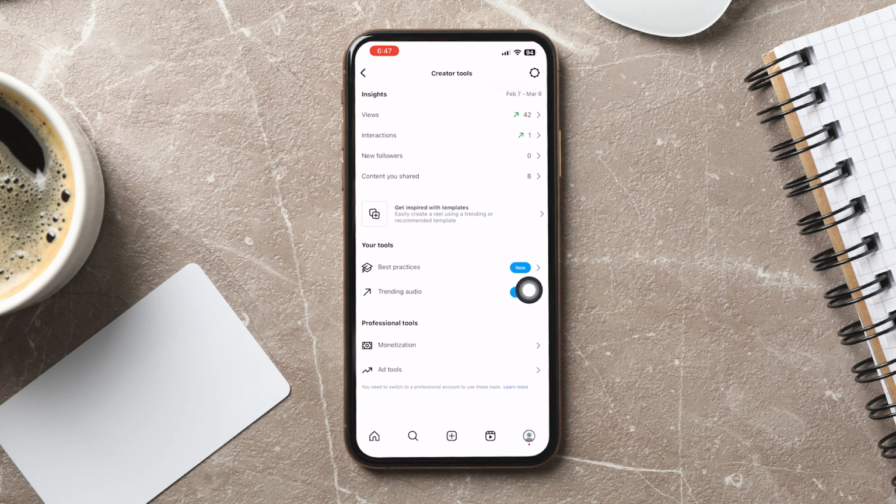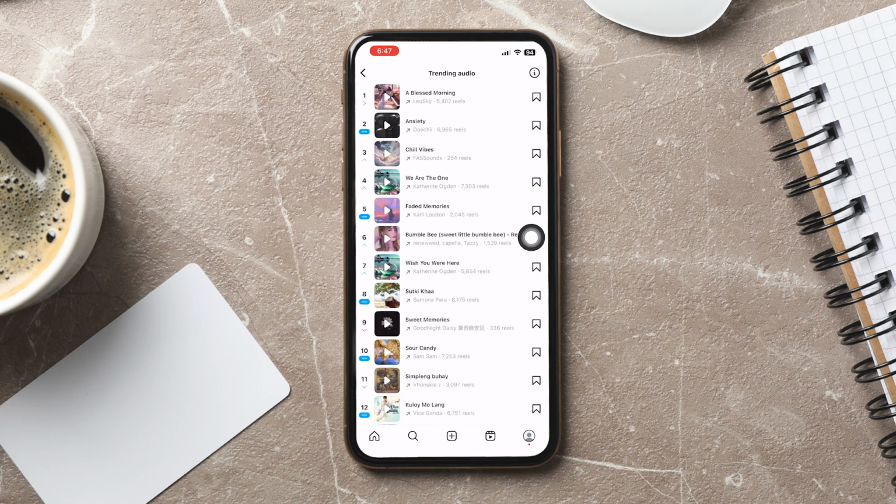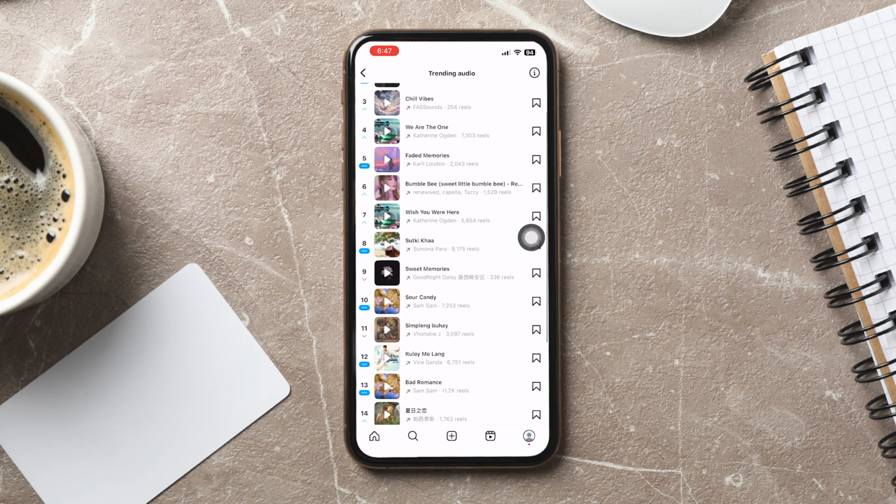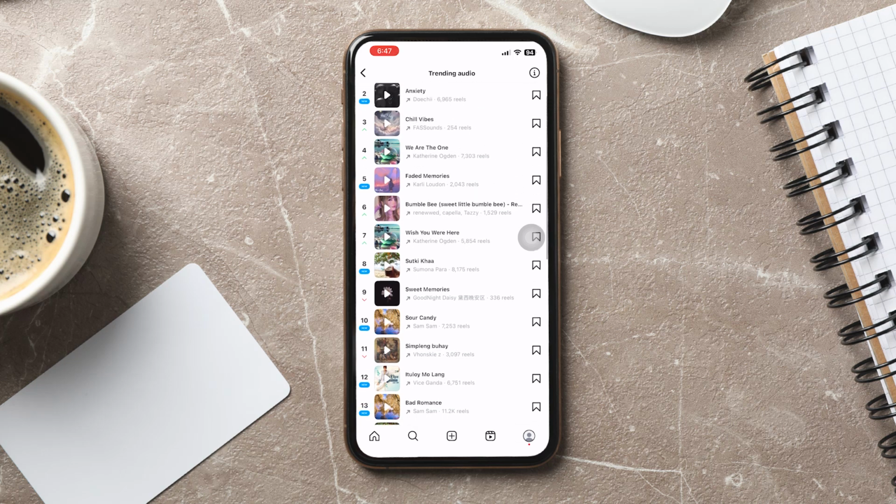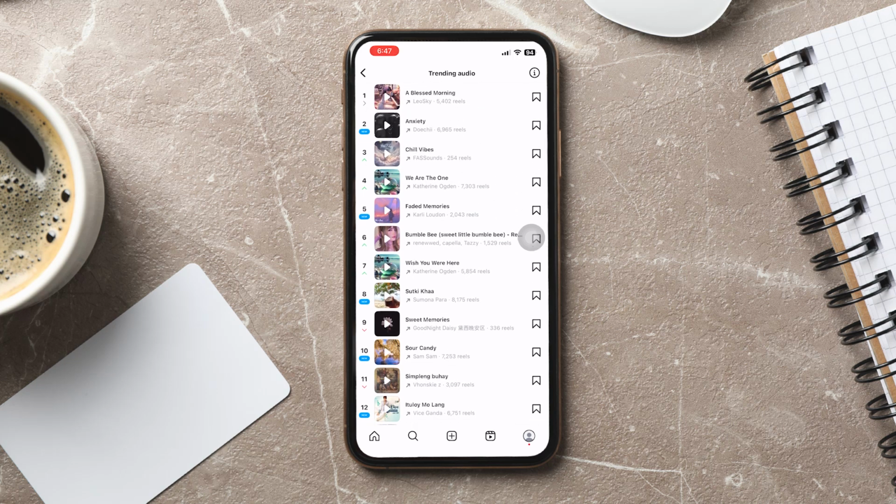has a feature for you to find the trending audio. So just tap here on trending audio right here, and now you'll be able to see all of the trending audios here on Instagram so that you can use them on the reels or posts that you'll be making to